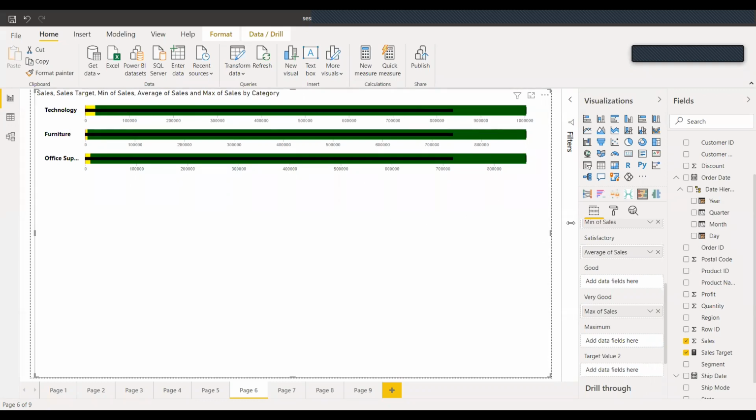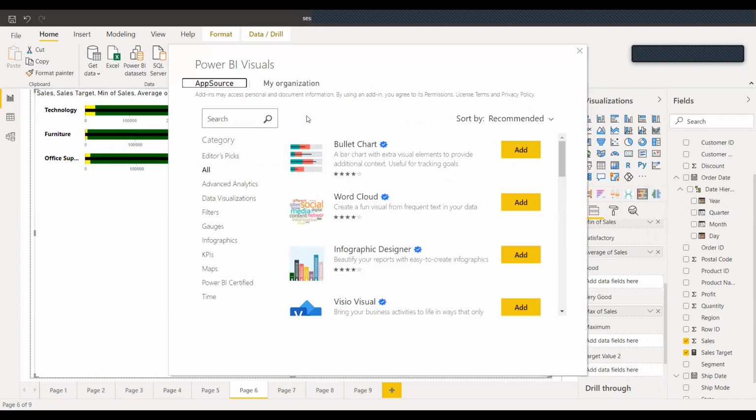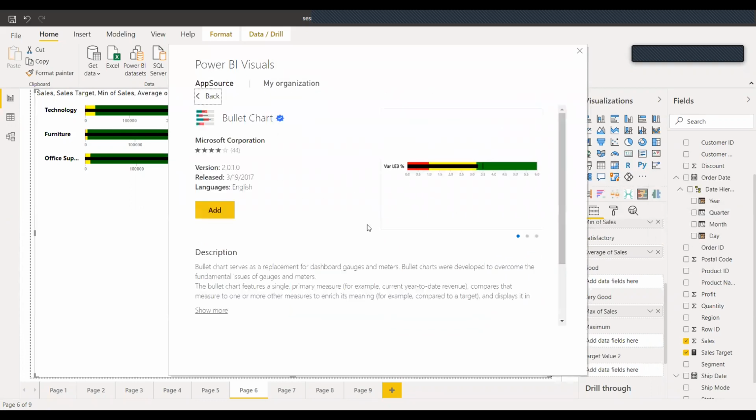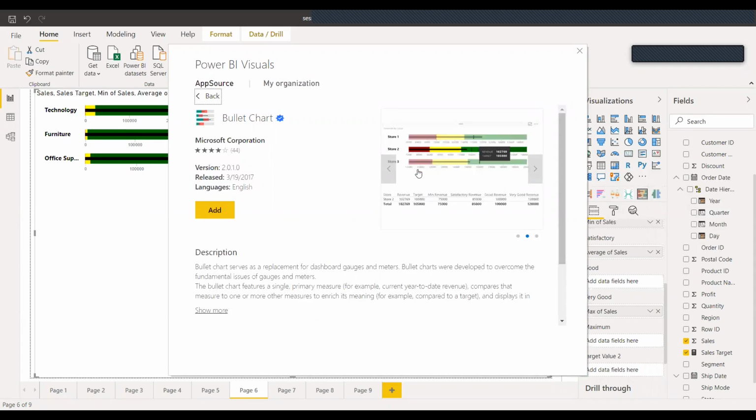So any doubts on this one? Let me show you this. So yeah, it would look something like this. But currently our data is not that way, we don't have any targets in the data.